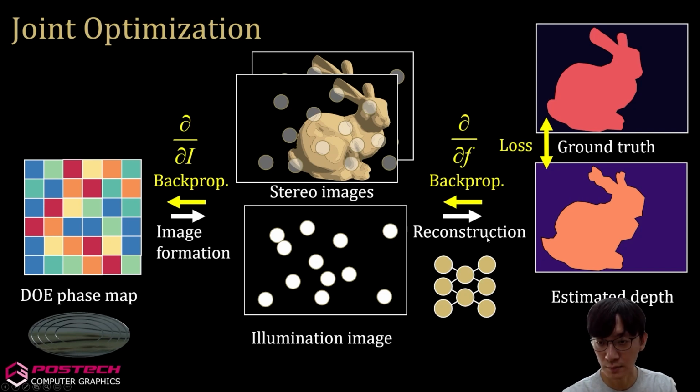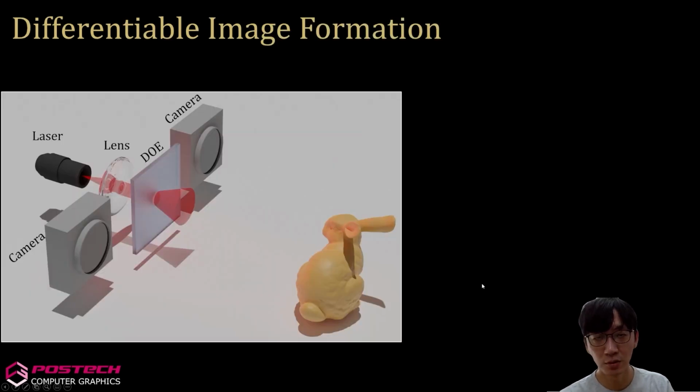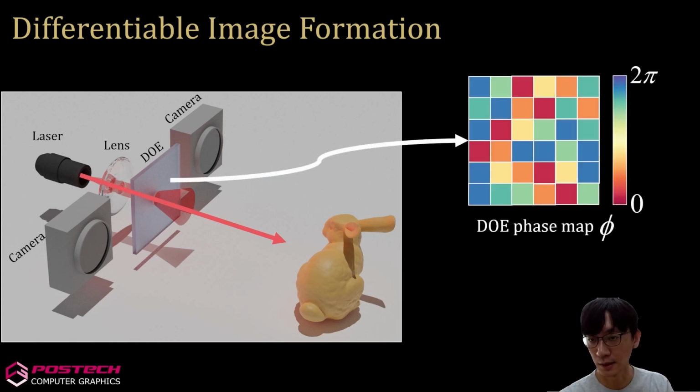Okay, then let me now introduce how we could make these two differentiable so that we can optimize both the DOE profile, which is a DOE phase map, and the reconstruction algorithm jointly. So we introduced a differentiable simulation for the active stereo image formation model. We emit the light from a laser passing through the DOE, right? Here everything is in simulation. Okay, and we emit the light passing through the DOE to a scene. And this DOE, as I described, is parameterized as a phase map, which corresponds to a specific height map of